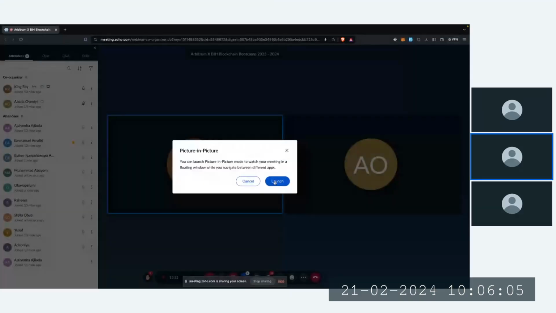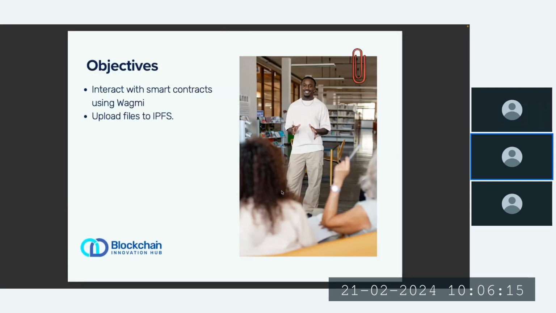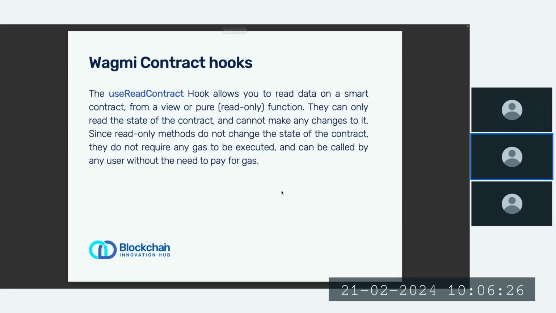So I would go ahead and share my screen. So we have Next.js for decentralized applications part 2. All right. As I said, we'll be looking at uploading files to IPFS and interacting with smart contracts using Wagmi. So we'll see how to read from our contracts that we have written and also how to write to those